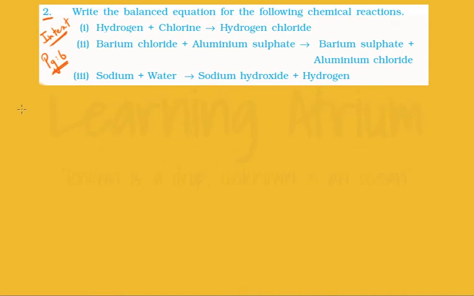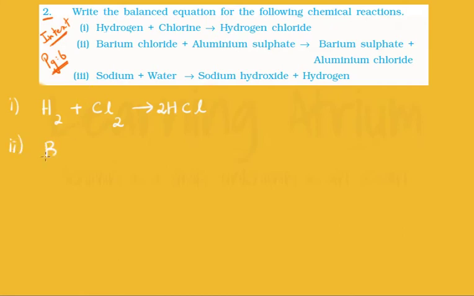Now we move on to question number 2 in page number 6. Write the balanced equation for the following chemical reactions. The first subdivision we have here is, we have hydrogen which is reacting with chlorine to form hydrogen chloride. We look at the left hand side, we have two hydrogens. So to balance that, we put a 2 here, which makes the chlorine also 2, which is already 2 on the left hand side. So this reaction is balanced, and we'll move on to the second reaction, which is barium